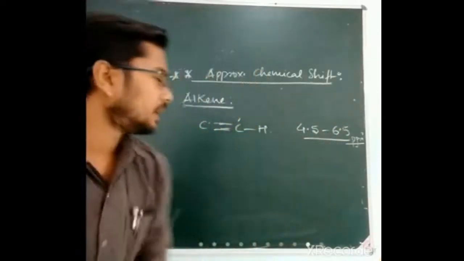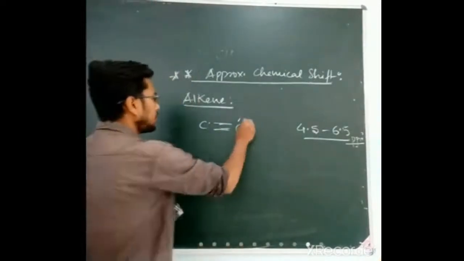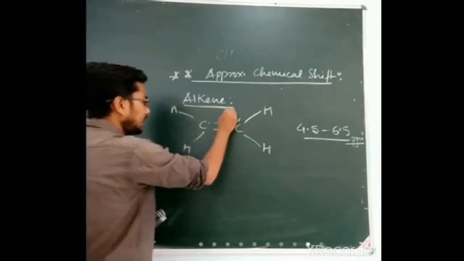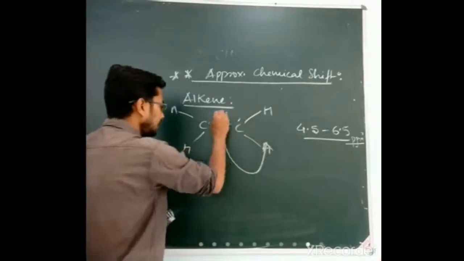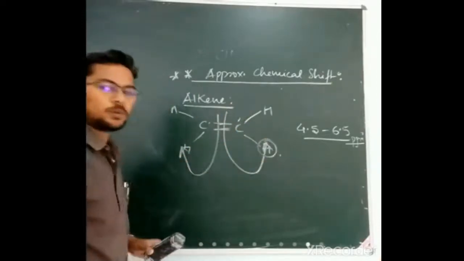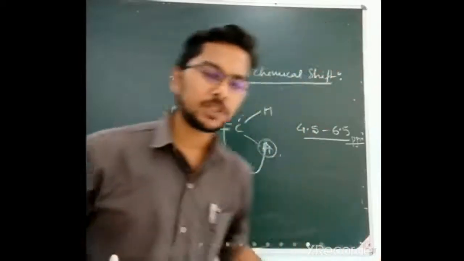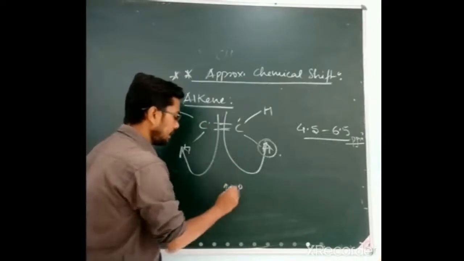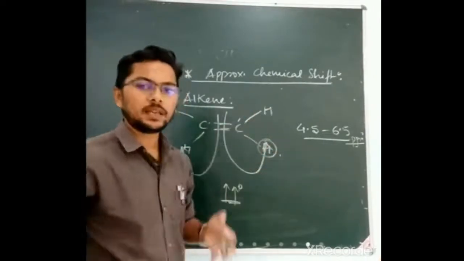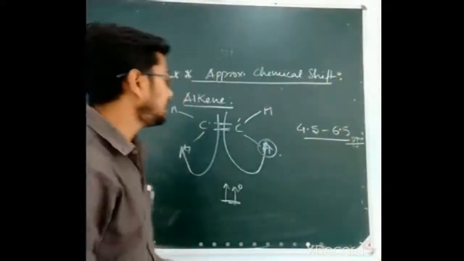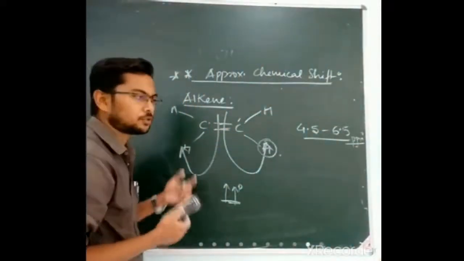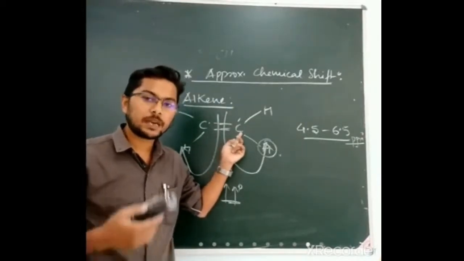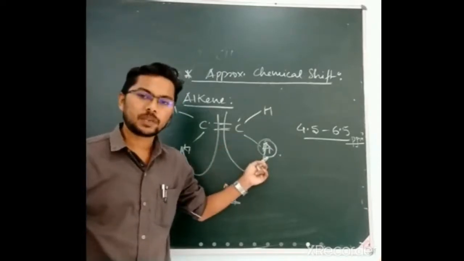the diamagnetic anisotropic effect, where the ring current which is generated somehow adds up in this area. So that means these hydrogens now are experiencing a magnetic field which is more than the external magnetic field that you are applying. So in these cases, they are deshielded because of the anisotropic effect. So two factors: one is the electronegativity of the particular carbon atom which has increased because of the hybridization, and second is the anisotropic effect.